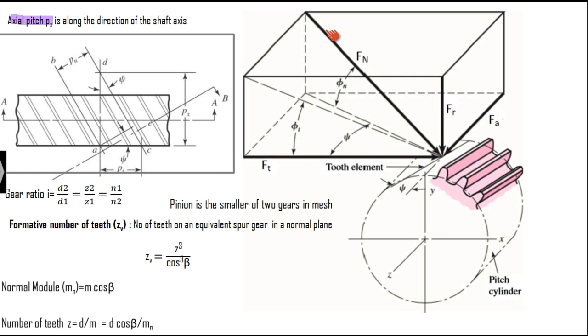So if we split this normal force into three components, the first is the tangential force. This is going to transmit the torque, and we have a radial force. This is going to keep the gear intact, and finally, as we have discussed, the third new force that comes into the picture is the axial thrust. These are the three forces. In other words, the normal force can be resolved into three: the tangential force, the radial force, and finally the axial force. So it is just a resolution.